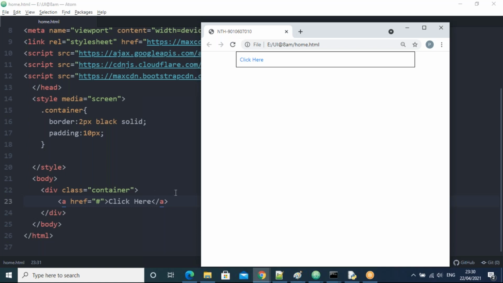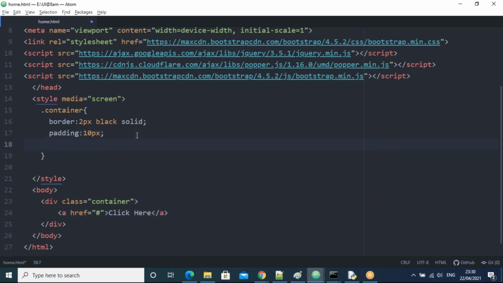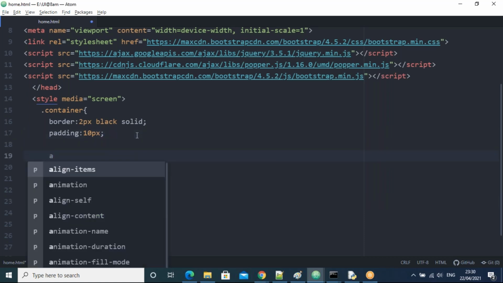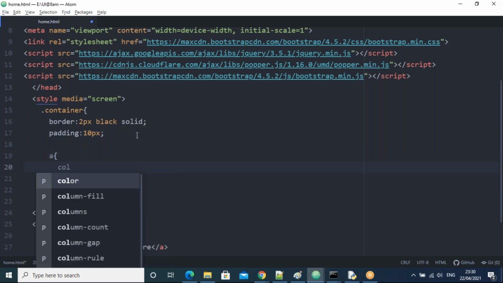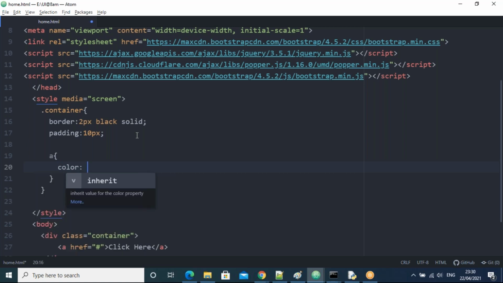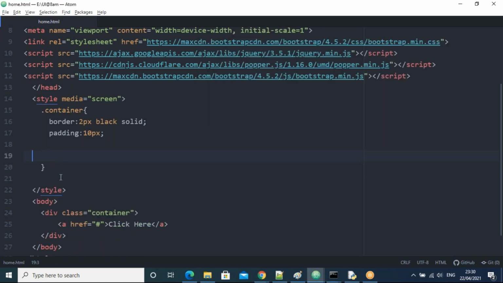Now all of you observe. I am going to apply the styles. I am taking the A tag, and on the A tag I'll take the color. Suppose the green. Sorry, we should not take the inside of this one.